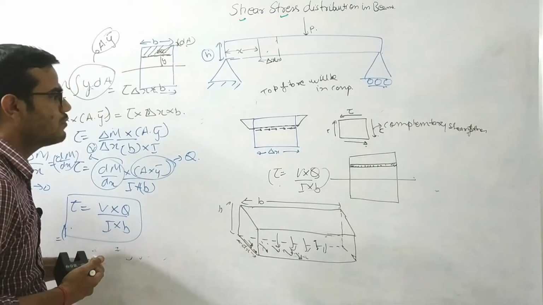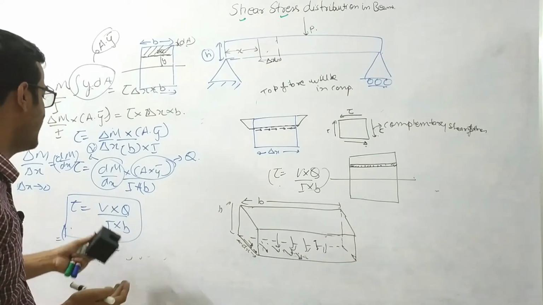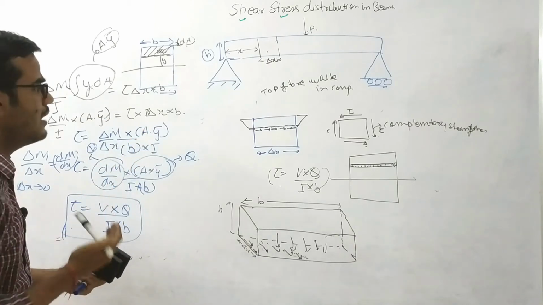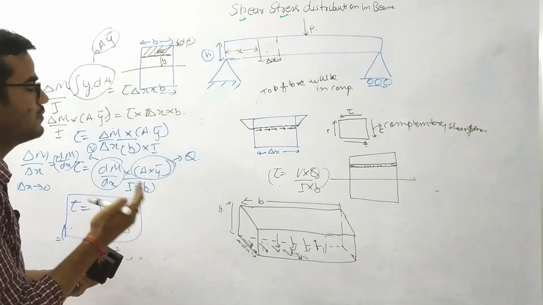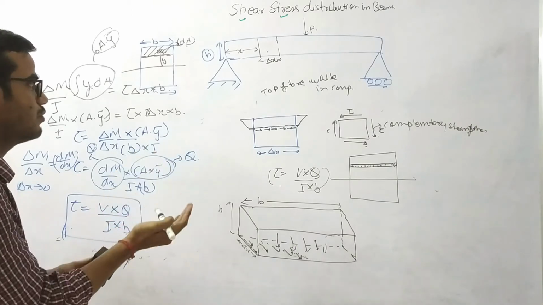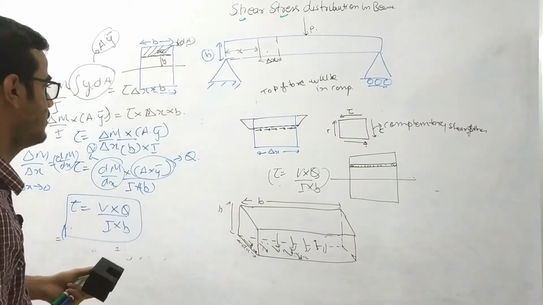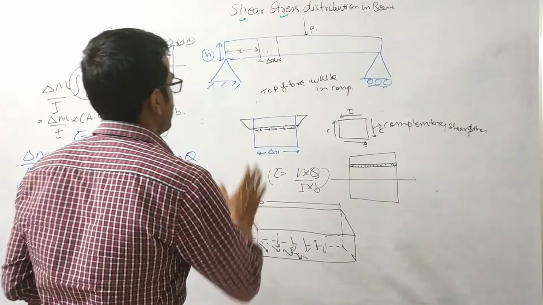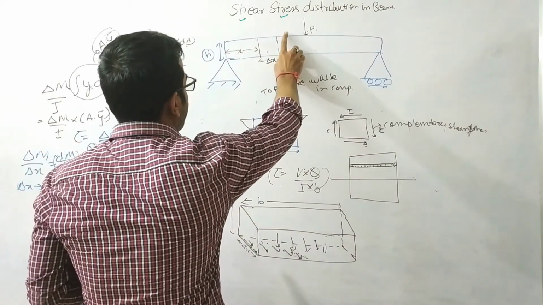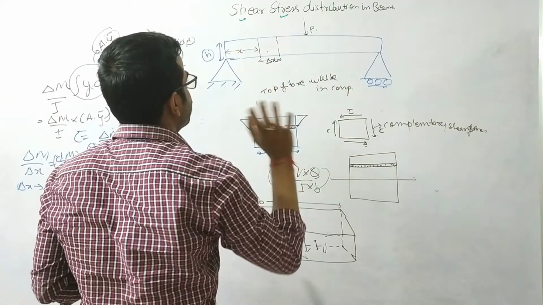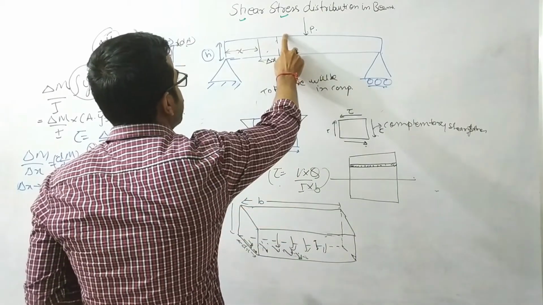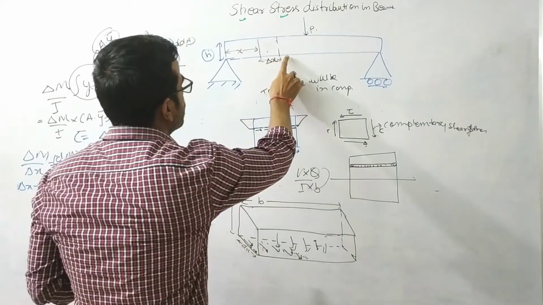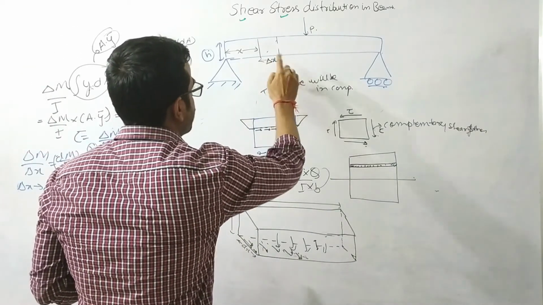So this way, first we have calculated the horizontal shear stress, developed due to bending, and with its help we have calculated the vertical shear stress, or you can say the transverse shear stress. Now, some points to be noted here. At the top of the beam, our shear stresses will be zero. So our vertical shear stress will also be zero over here. At the bottom portion of the beam, our horizontal shear stress will be zero.